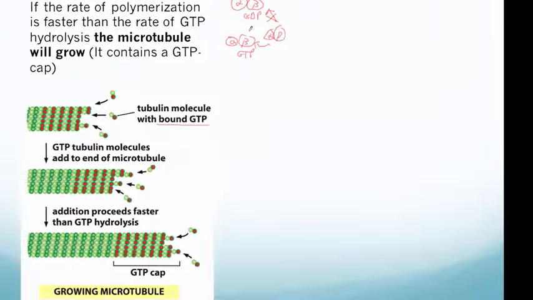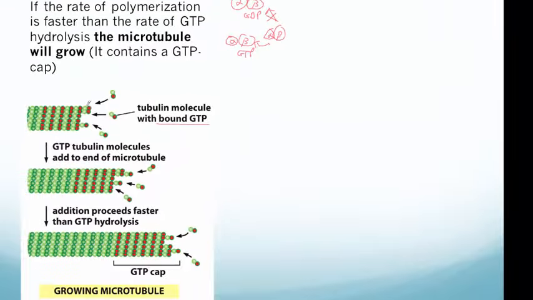has GDP. So what this means is that if you start polymerizing the microtubule, once these heterodimers add to the microtubule, it stimulates their hydrolysis of GTP. Now the hydrolysis of GTP takes a few seconds. It's not immediate. It's pretty quick, but it's not immediate. And so if you polymerize really fast and you add a lot of subunits on before you lose the GTP, you have a region of the microtubule called the GTP cap. And this GTP cap is going to recruit more heterodimers to add to it, and you'll get growth of